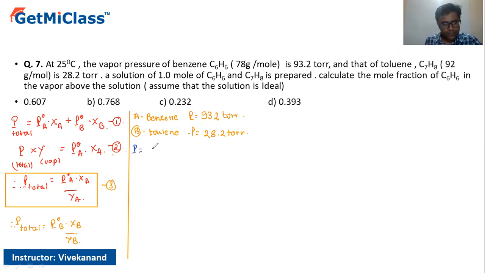P is equal to, for the benzene, P naught, that is 93.2 into chi A. Now, how much do we have? Chi A becomes 0.5. Why does it become 0.5? Now, the sum of the mole fractions, chi of A plus chi of B, should be equal to 1. Now, 1 mole and 1 mole, right? So 1 mole and 1 mole, therefore the mole fraction